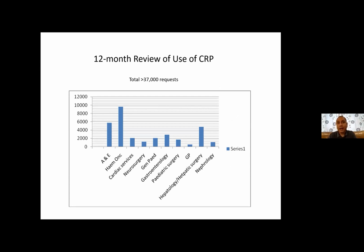More than 37,000 requests. Now we're talking about a 250-bed hospital and 37,000 CRPs in a year. When we looked at the granularity, we found A&E and hemato-oncology were the biggest culprits. The highest one was hemato-oncology, followed by hepatology and the liver department. And there are other departments. When we looked into why hemato-oncology were the highest users, somehow in their protocol, it was written, do CRP every day on anyone who has